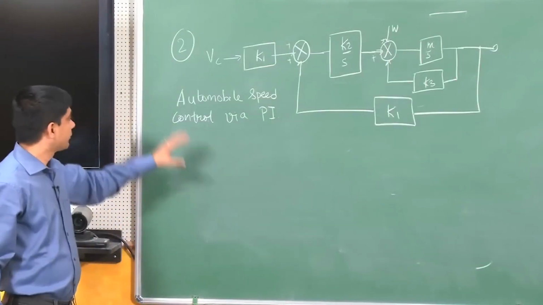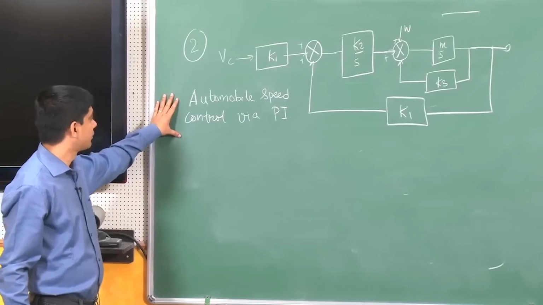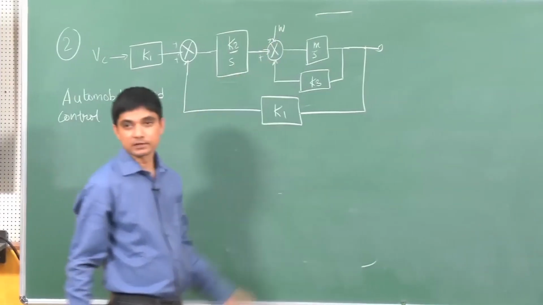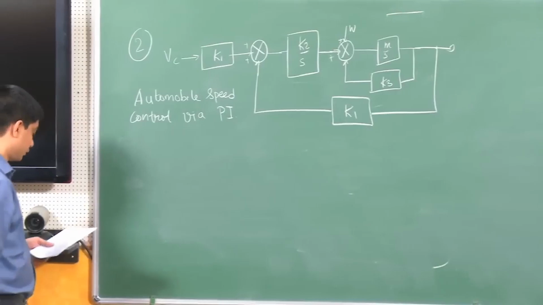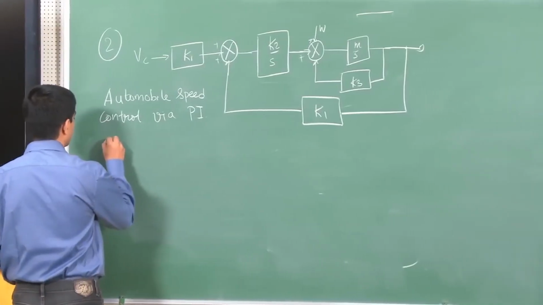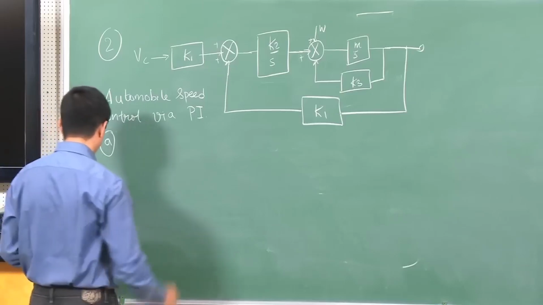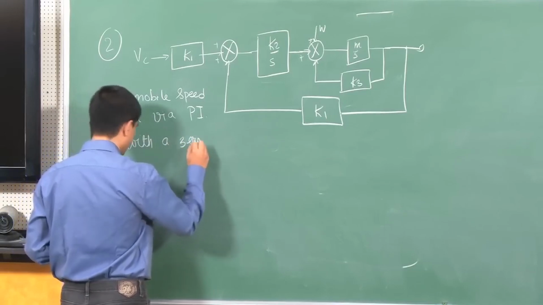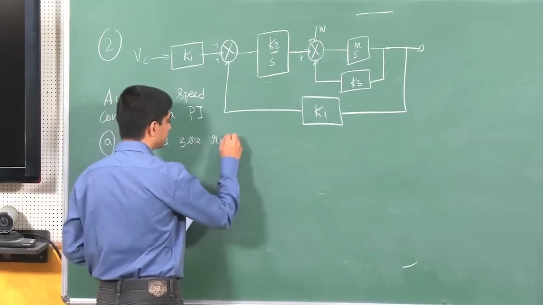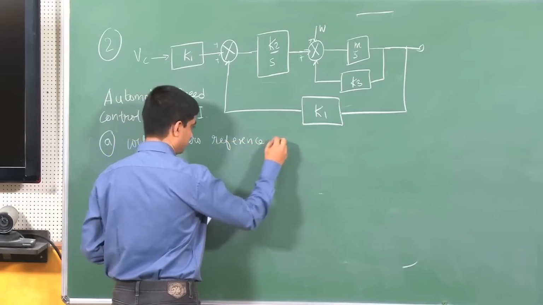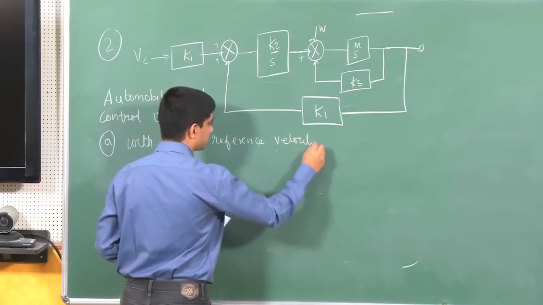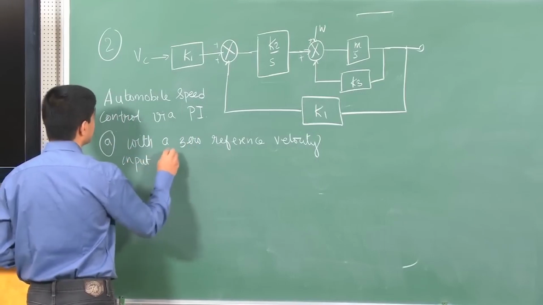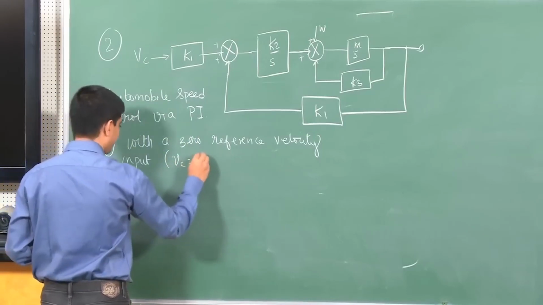Okay, in the second problem, it's a very simple model of automobile speed control using a PI control. There is a disturbance also. And we will see what all we could do with this. So, first, part A, we will do with zero reference velocity input, which means this Vc is 0,